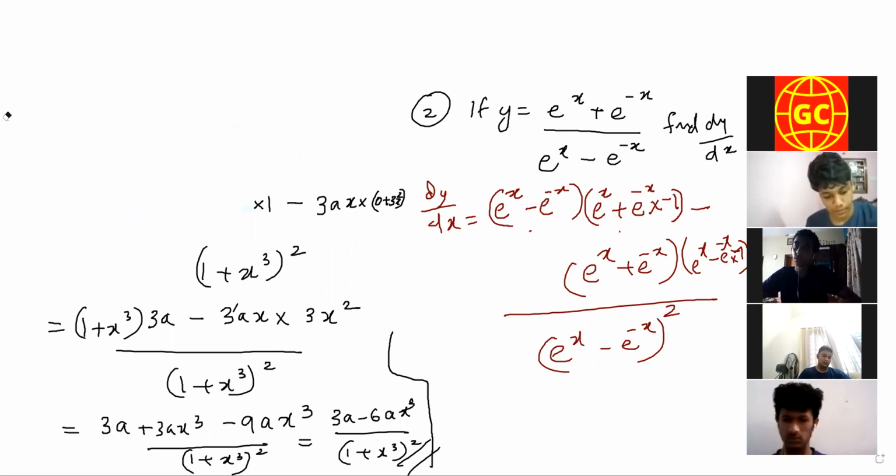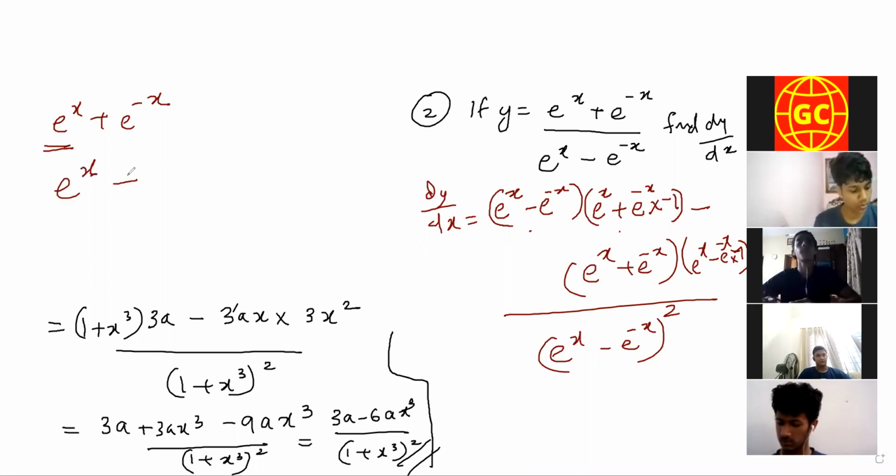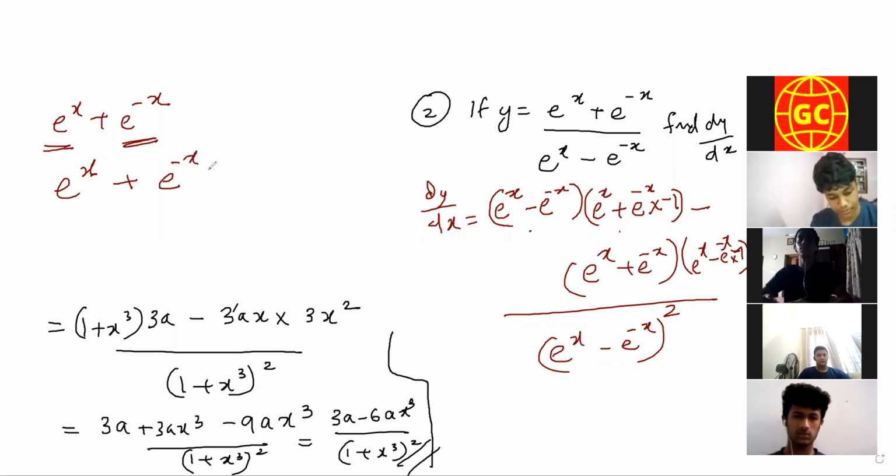What is the rule? Just tell me. Denominator into derivative of the numerator, isn't it? So the denominator is e raised to x minus e raised to minus x, into the derivative of the numerator. The numerator is e raised to x plus e raised to minus x, isn't it? How will you take the derivative? What is the derivative of e raised to x? Look at that table. It is e raised to x itself. Plus, what is the derivative of e raised to minus x? That is e raised to minus x into the derivative of minus x. You have to multiply. That is minus 1. The derivative of x is 1, isn't it? So the derivative of minus x is minus 1.